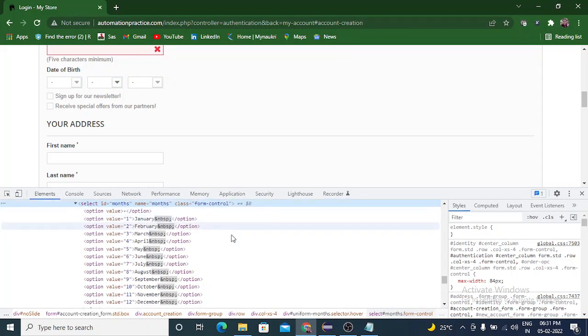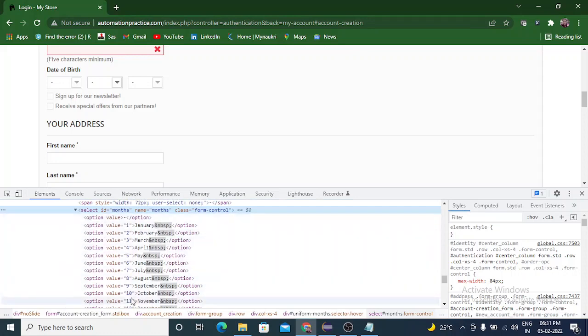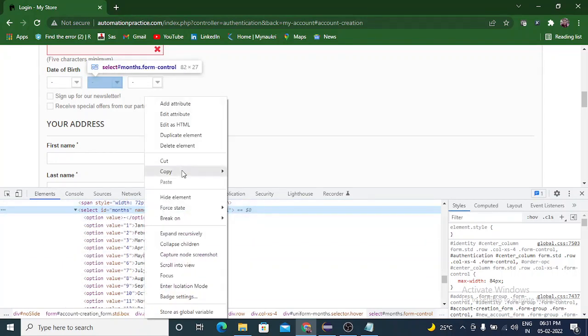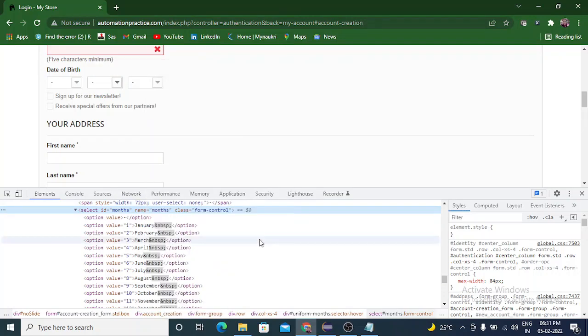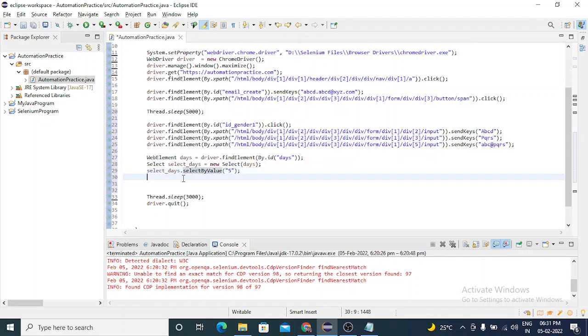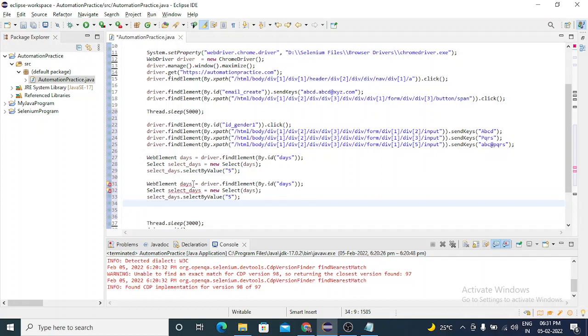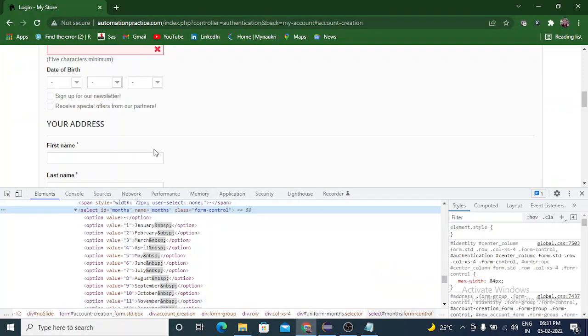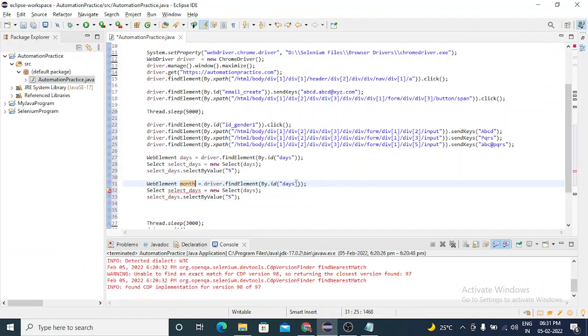This is also a select, and you can see the values are here, and I will copy the ID. To shorten the video, let me copy this one as well. So this will be our month. The ID is month, so I will put month here. Then select month.